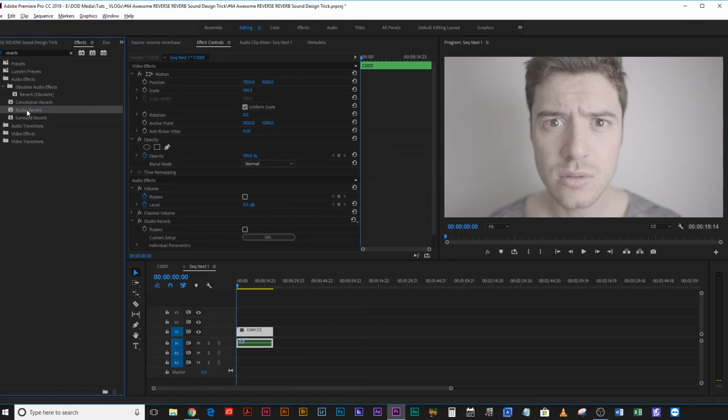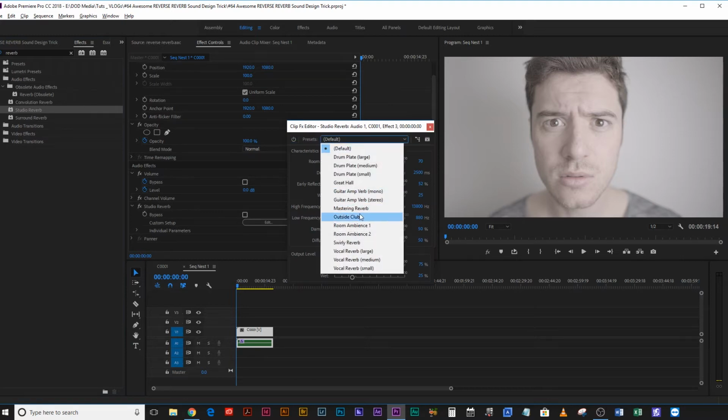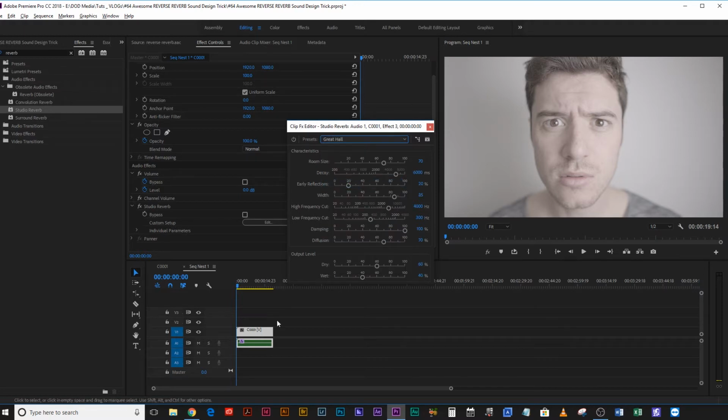So we're going to apply that and then scroll down, edit, and just go for something that you like the sound of. To be honest, this is really entirely down to you, but something that's slightly bright. It's not too muffled and dark, and something that has just a nice amount of feedback. So for example, a great hall. Now if we play this,